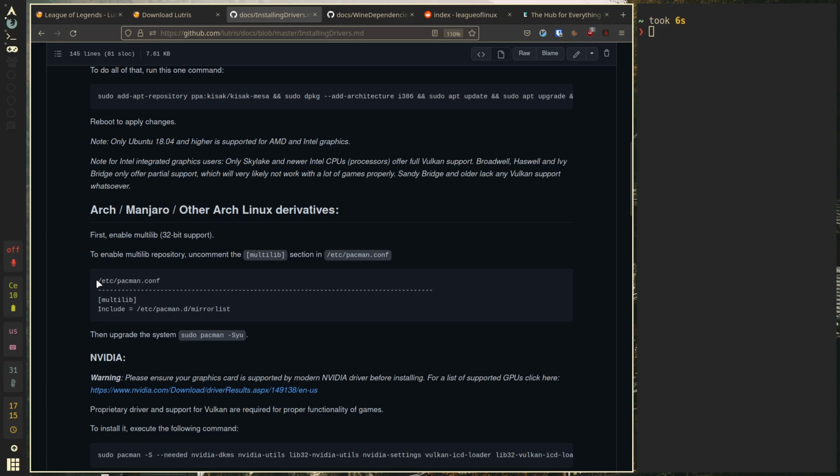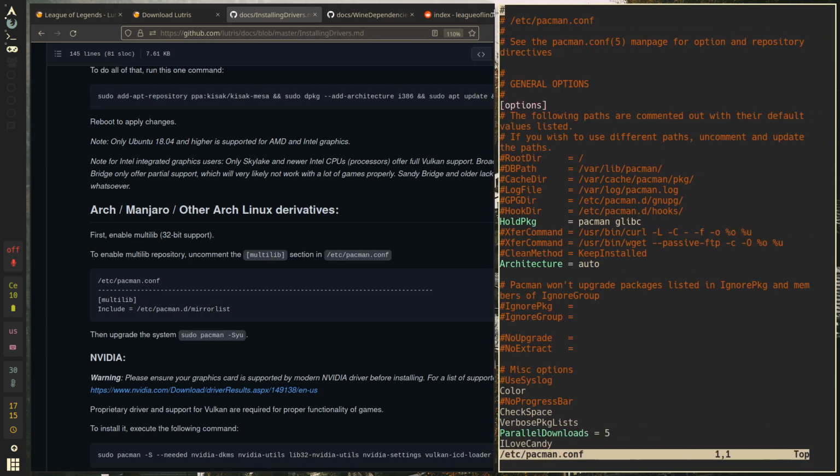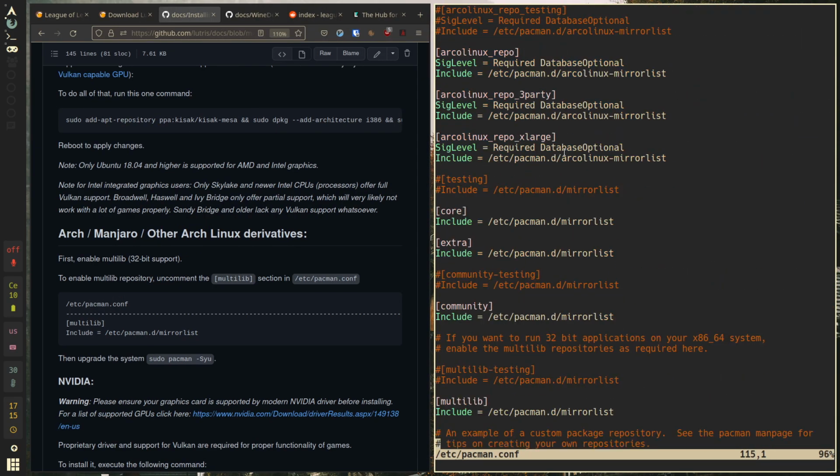You're gonna need to go to the /etc/pacman.conf file. To do it, you just need to write sudo, then your favorite text editor. For me, it's gonna be NeoVim, so I write nvim, but for you it might be Visual Studio Code, so instead of nvim, you write code. It might be nano, so you write nano, and after this you write /etc/pacman.conf. Okay, good. You open this file, and here you need to navigate down until you find